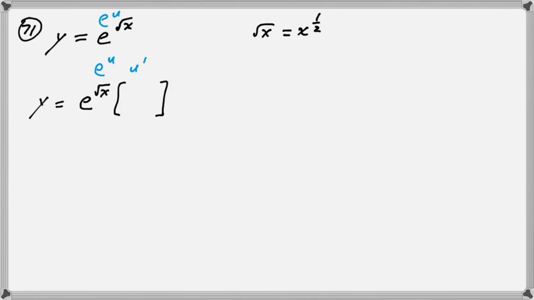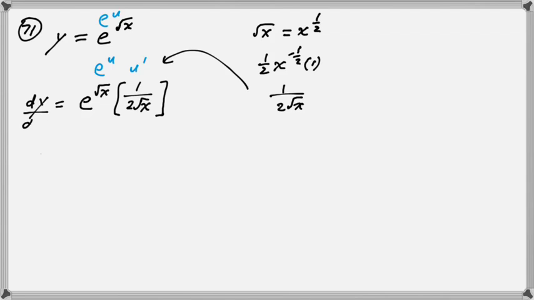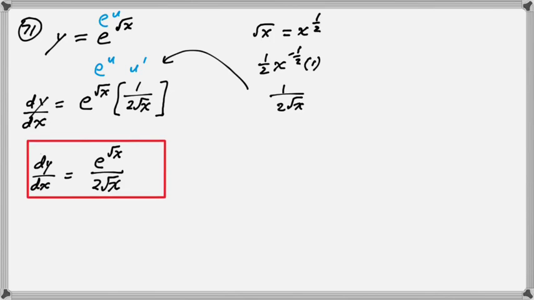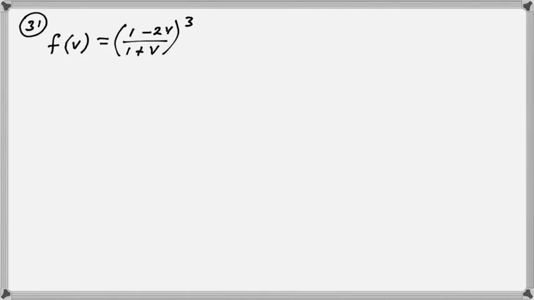It's x to the 1/2, so you could do power base, 1 less power derivative base, which becomes 1 over 2 radical x. And now this is dy dx because I found its derivative. And so I'm going to put this on top times top and bottom times bottom. And that's your answer for number 71. So that was number 71, but I might move to one of the earlier questions here, like 31, or let's